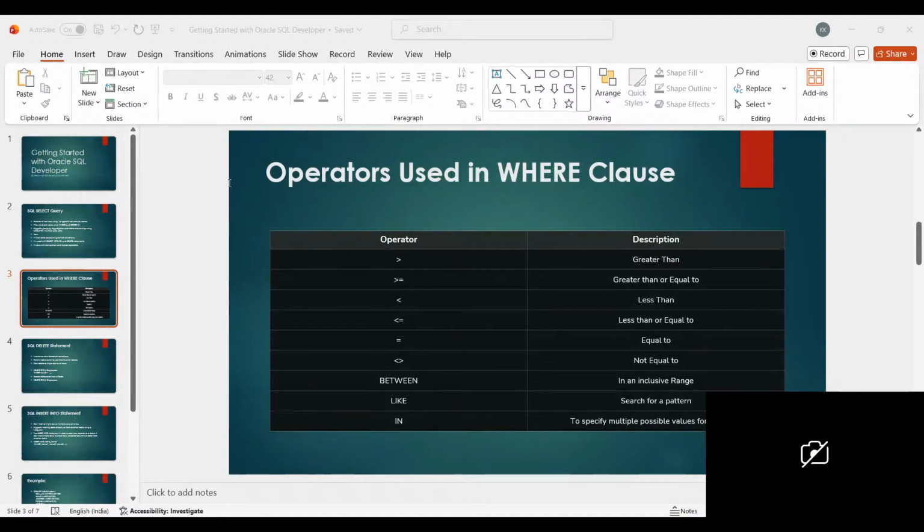This will create the table, as you can see. After that, you can insert the data inside it. Insert into